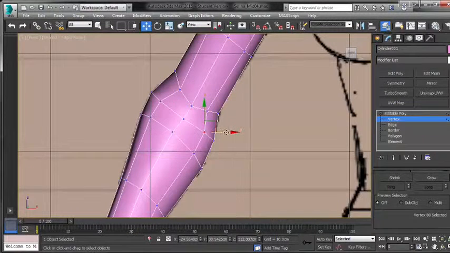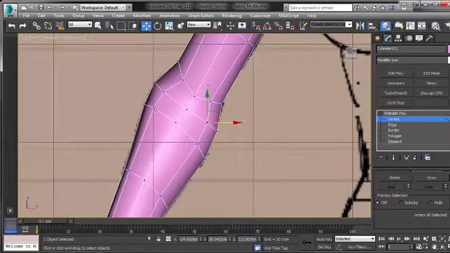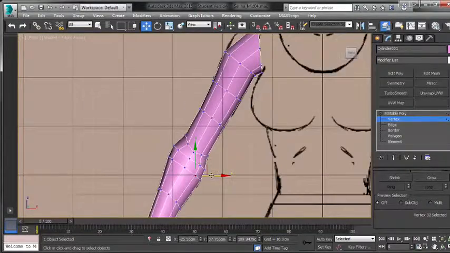And also creating the geometry we'll need to animate. Okay,